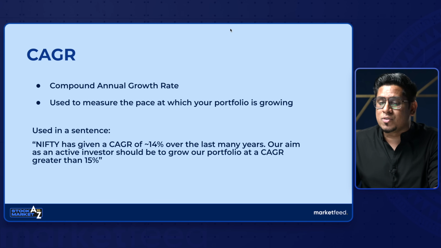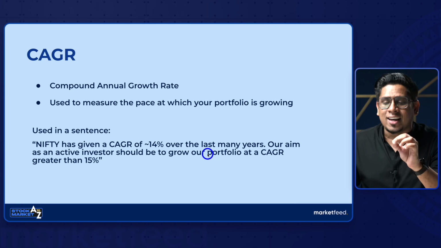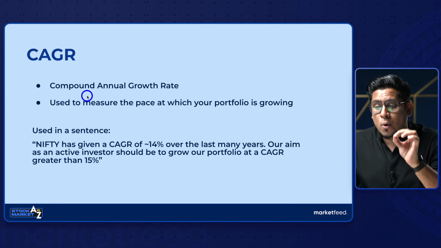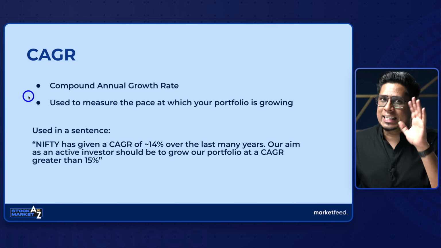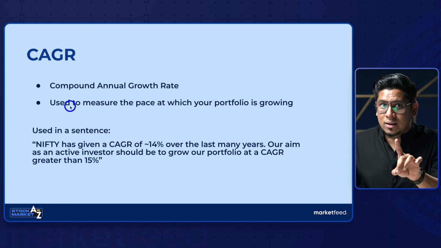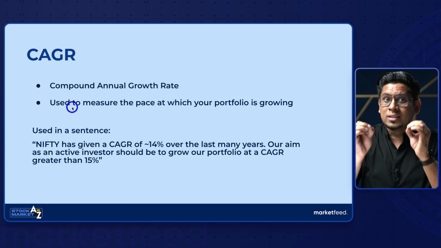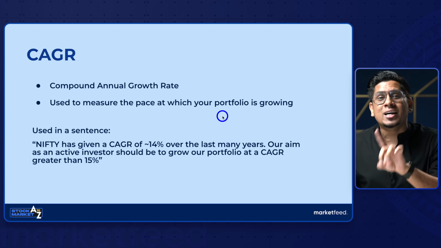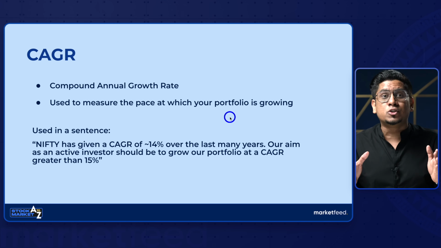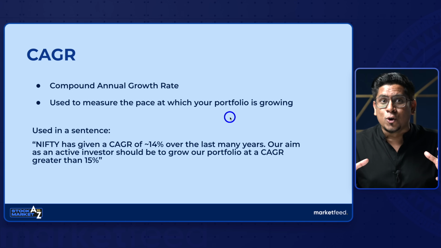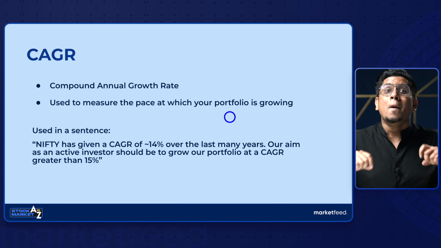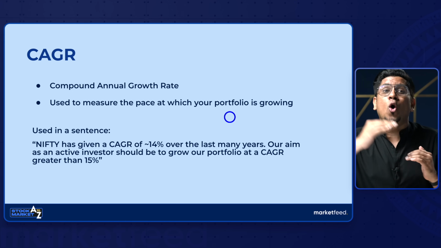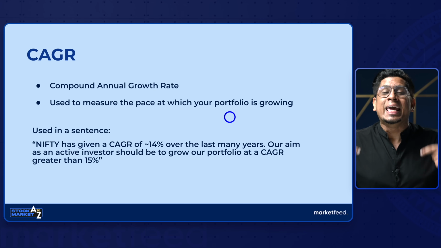Moving ahead, the next term we are learning is CAGR. CAGR, the full form is compound annual growth rate. Now, CAGR is a number. It's in percentage, okay? It's a percentage number which is used to measure the pace at which your portfolio is growing. See, we all invest into stocks and we all will have our own portfolio. So it is very, very important to measure how much or at what pace is our portfolio growing every single